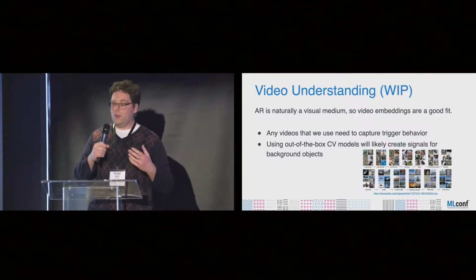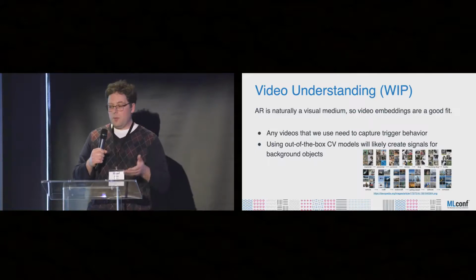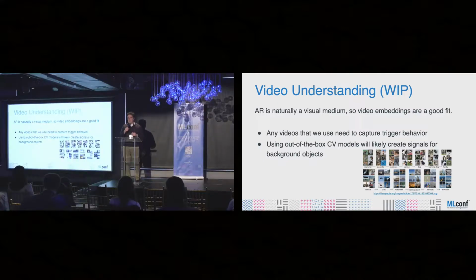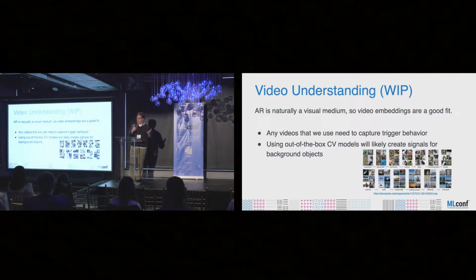So we have to make sure it involves the blinking, the motion, the table if there's a table in the effect. So that's important for us to capture it as a video source. And if we want to, using out-of-the-box computer vision models makes sense to a certain extent because a lot of these are trained on real-world objects. They're trained to identify dogs and cats and cars and trees, which will be present in AR, but it'll